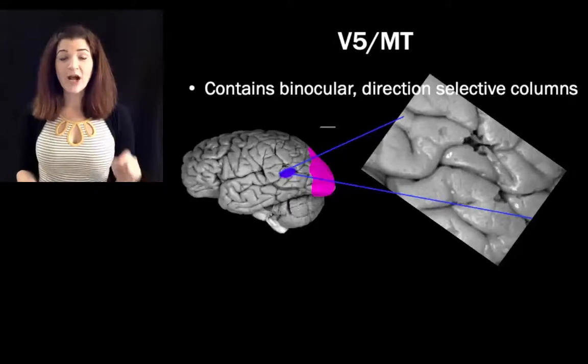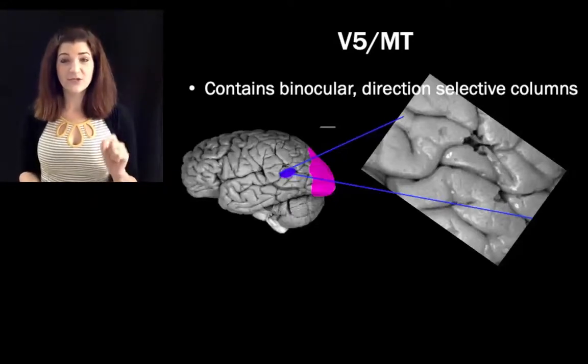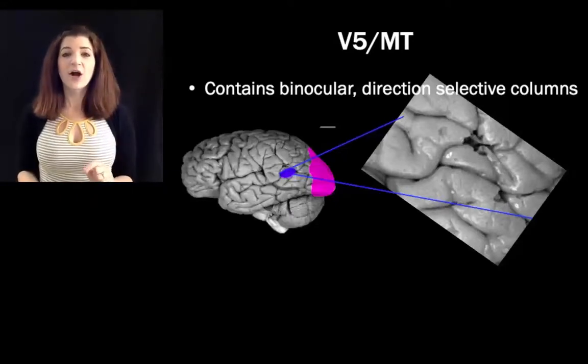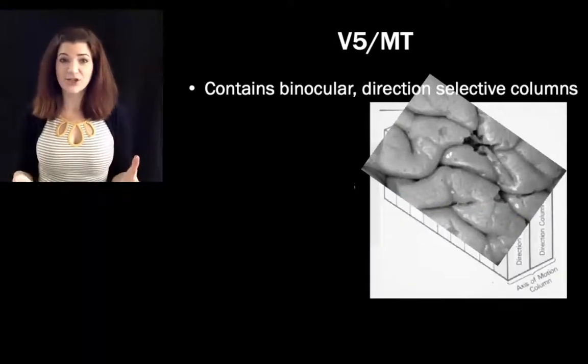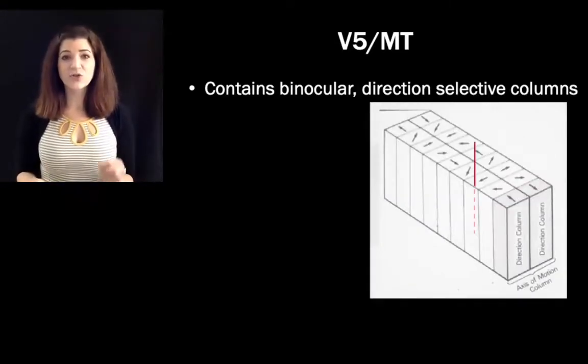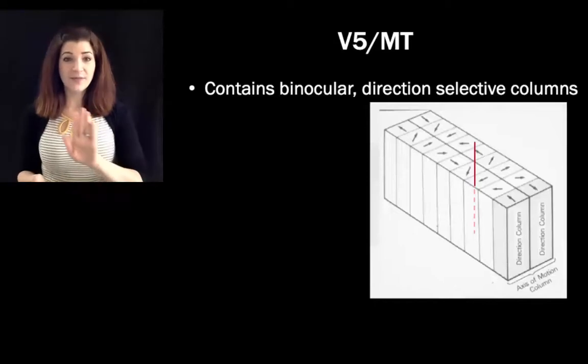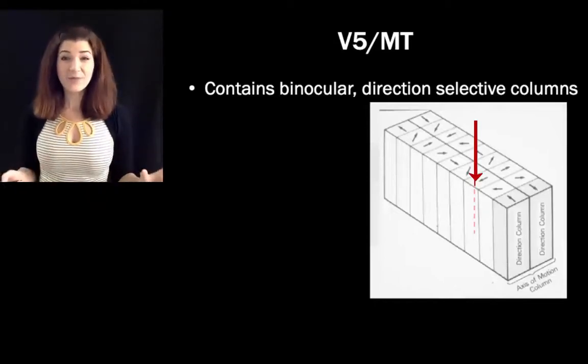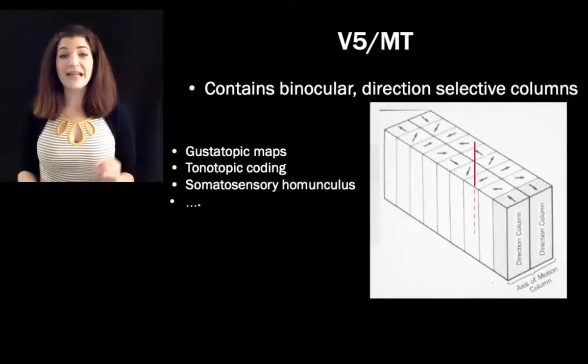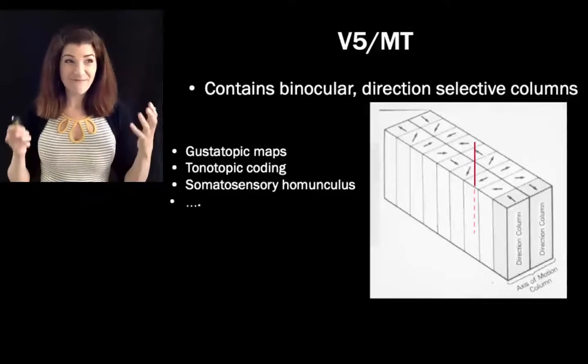If we zoom in on a little chunk of V5, so here's a little chunk of cortex, there are columns of cortical tissue arranged in V5 that respond selectively to different directions of motion. So the neurons here would fire when something moves to the left, but not when something moves to the right. So we've got another example of a way that information about different sensory qualities is organized in physical space in